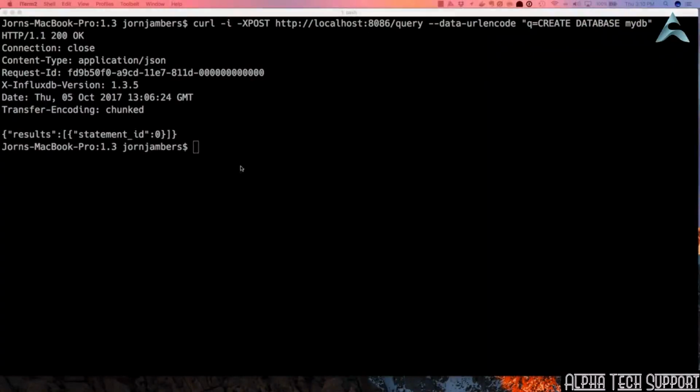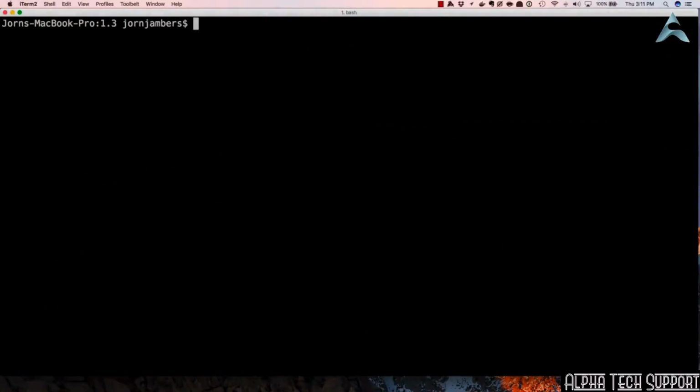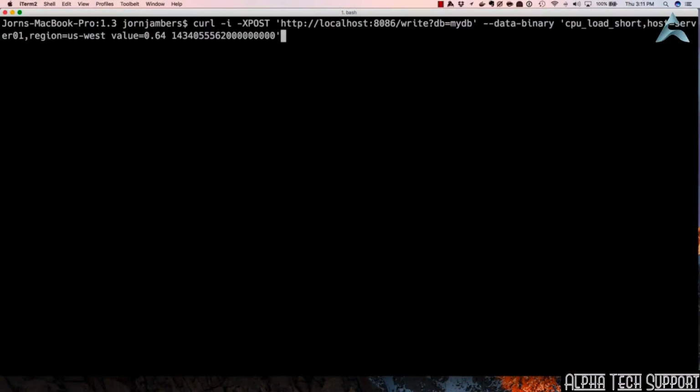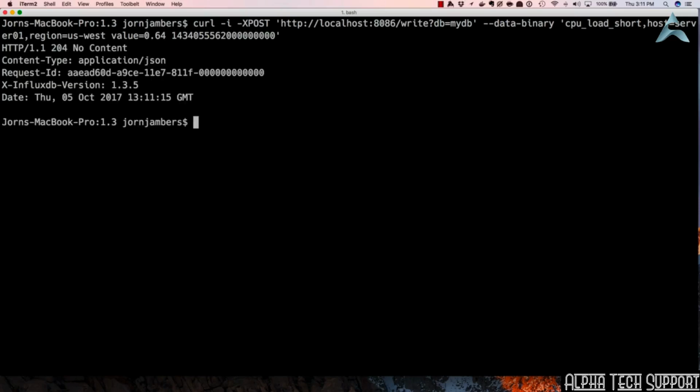Alright, so we just created the database. Now we're going to write a single data point to it. Okay, now we're going to write a single point to the database. We're going to do a curl -i -XPOST to the localhost, to mydb we just created, and then we're going to add some data to it. Boom. We got a 204 back, which is good, which means it accepted it, so the data is now in